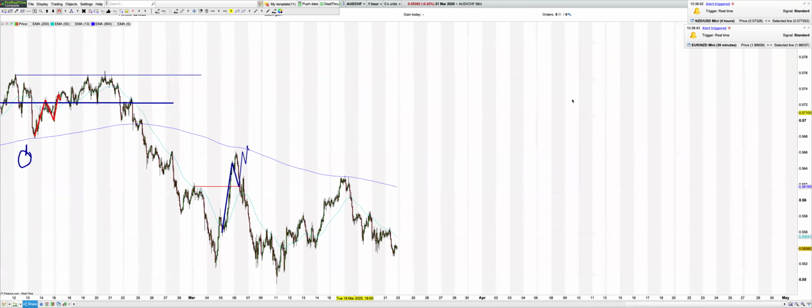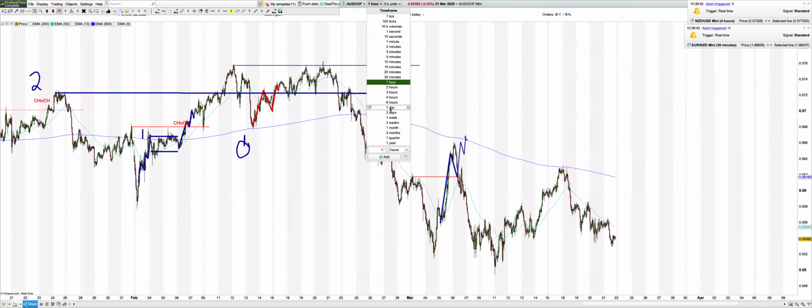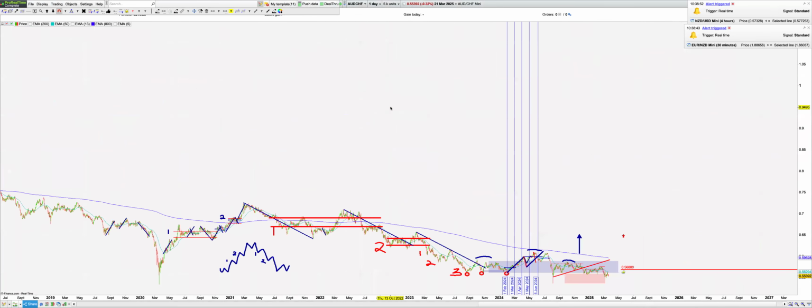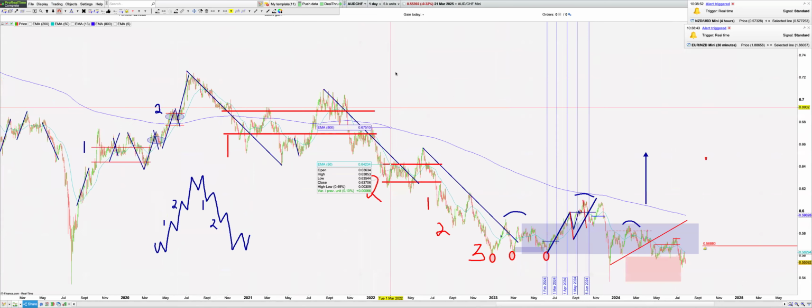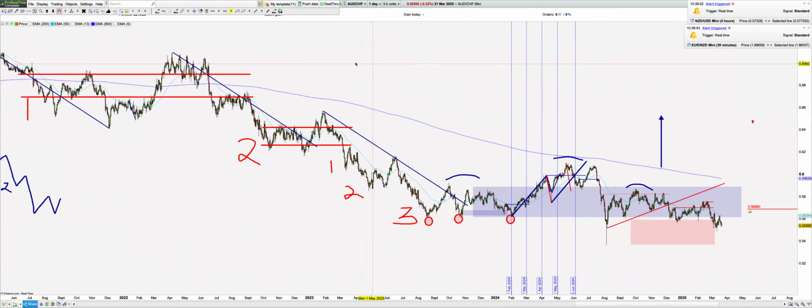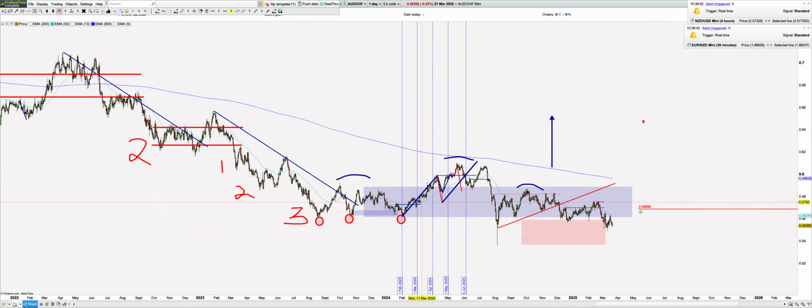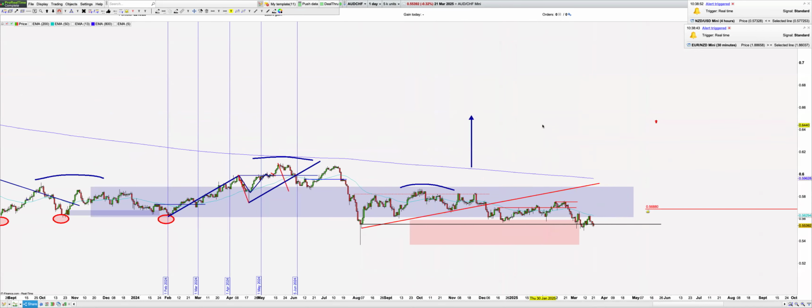AUD CHF. It's a real dinosaur in terms of it's been hanging around for a long time at these lows, and there is an absolute battle going on at the minute, which is quite clear to see. You have this shoulder, head, and shoulder formation. You have another one. And the market is literally at the point of either going to play out the head and shoulders or snatch it away. So using tools available to me and evidence,